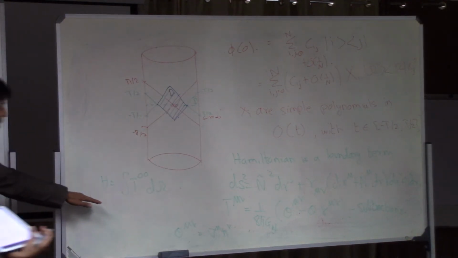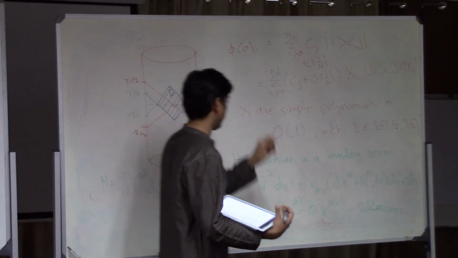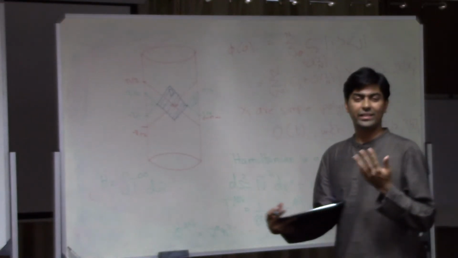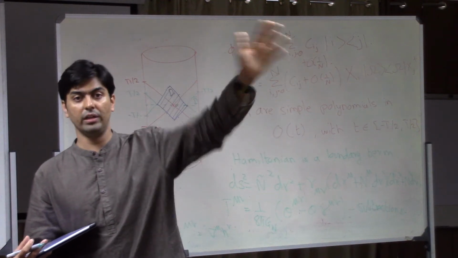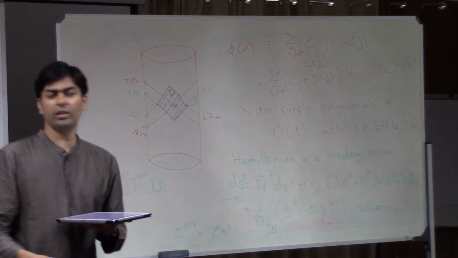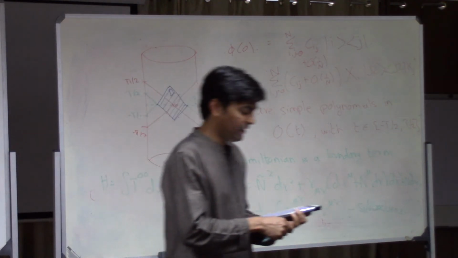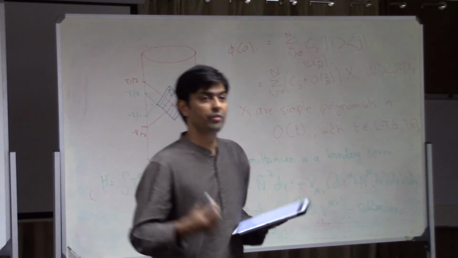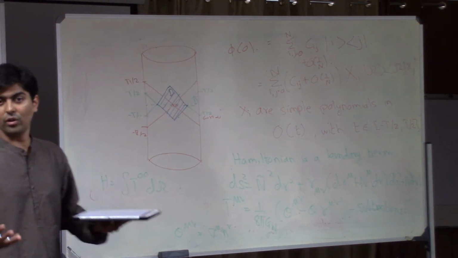Okay. There are some formulas I've written down, but in fact you don't need to think about the detailed aspects of the formula so much. Just remember that the energy in gravity, in fact the definition of the energy in gravity, is always given by looking at the fall off of the field at infinity. So for all of you who've seen the discussion of either the ADM mass in flat space, or any discussion of canonical quantization of gravity, remember that it's not possible to define the local energy of an object in gravity. That's not a well-defined thing.